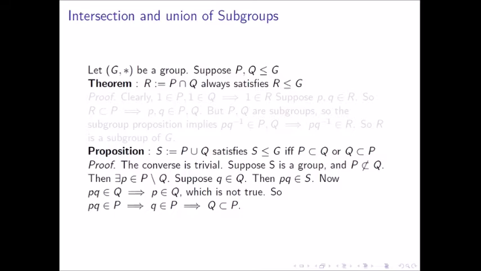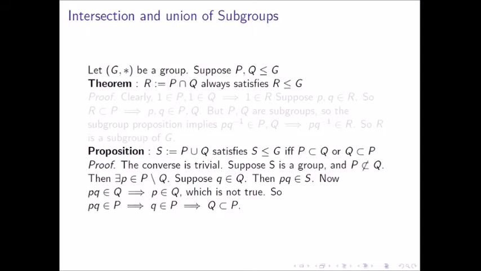So suppose that S is a subgroup now, and P is not contained in Q. So there is an element of P which is not a part of Q. So we have P minus Q, meaning the set of elements which are in P but not in Q. Suppose q is an element of Q, then pq belongs to S, as S is a subgroup. But pq belongs to Q would imply p belongs to Q, which is not true. As pq belongs to Q and Q is a subgroup, so q inverse belongs to Q, then post multiplying by q inverse says pqq inverse belongs to Q, or p belongs to Q. This is not true. Hence, pq belongs to P,